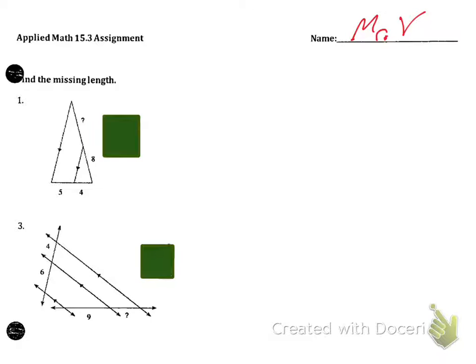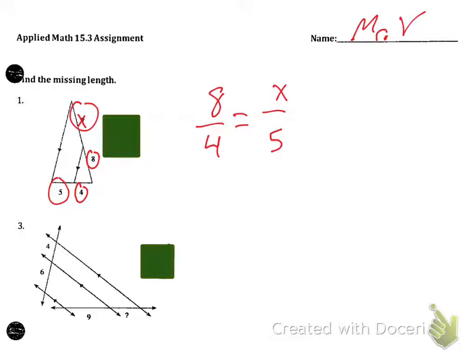All right, so for this first one, find the missing length. So let's just call this X, okay? So when we set up our proportion, we can do it in several different ways. Just remember that you have to keep the same order. So if I do, say, 8/4, I went with this top over the bottom. That would mean I have to set that equal to the top over the bottom, which would be then